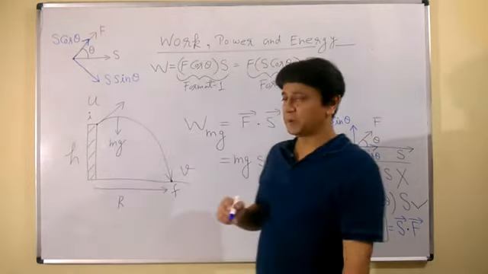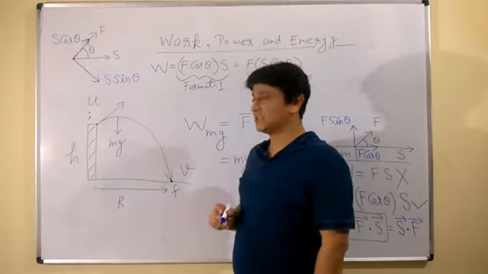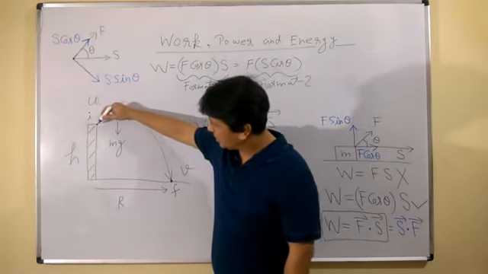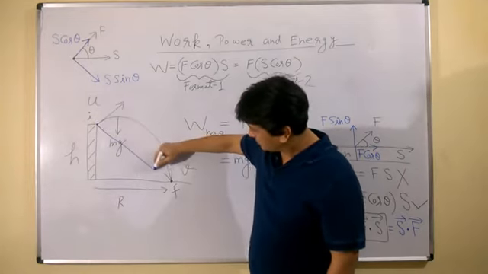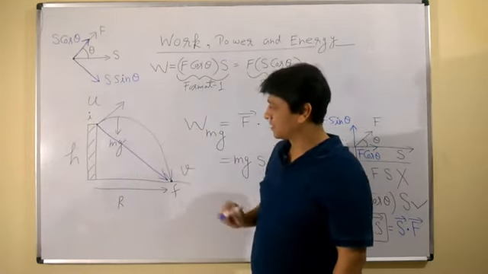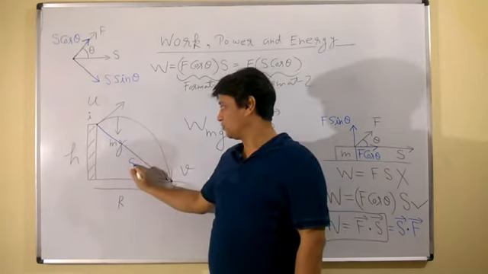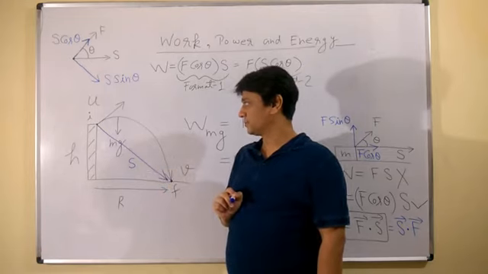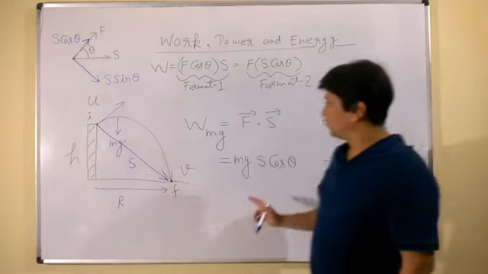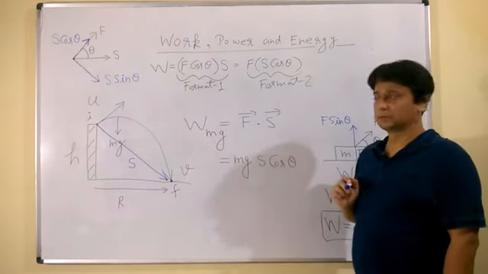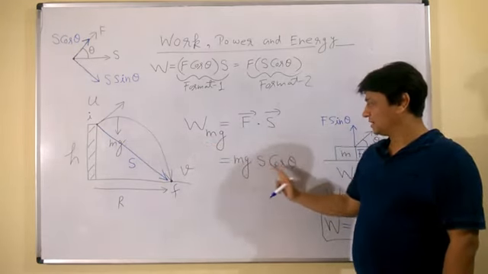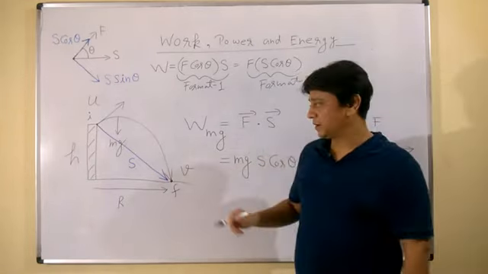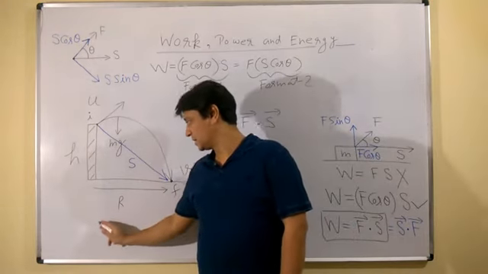Now what is displacement? Displacement is the shortest distance between initial and final points. That's your initial point. This is your final point. Join like this. This blue line represents displacement S. Work done by gravity is mg s cos theta. Now, again, show me that you are actively sitting in the class.